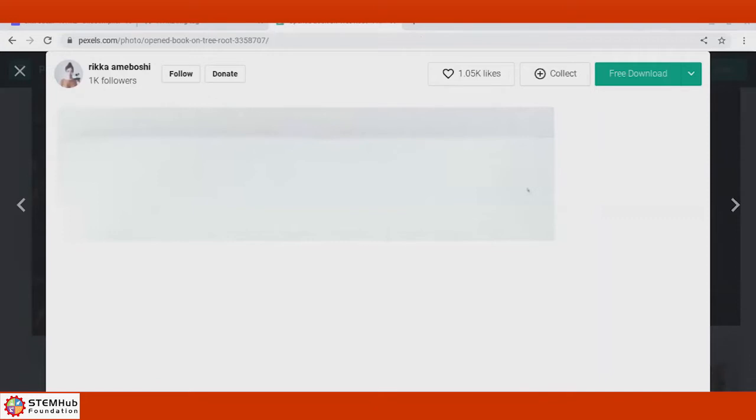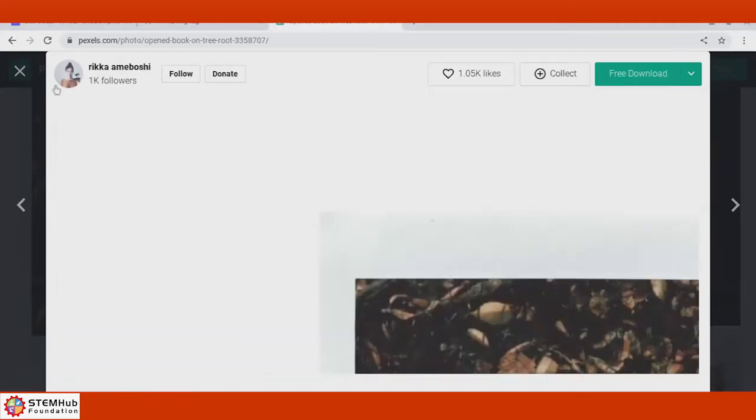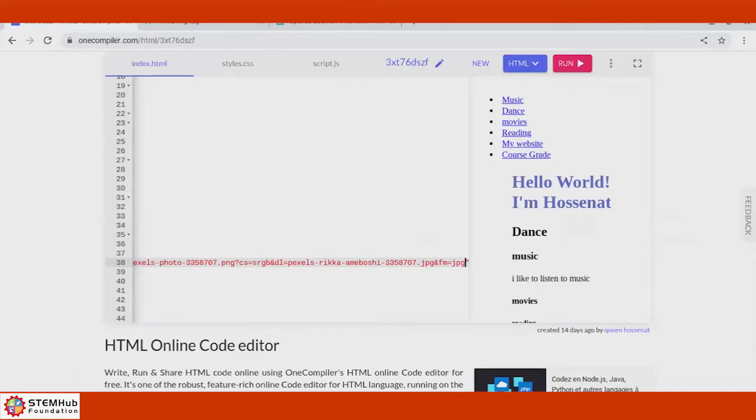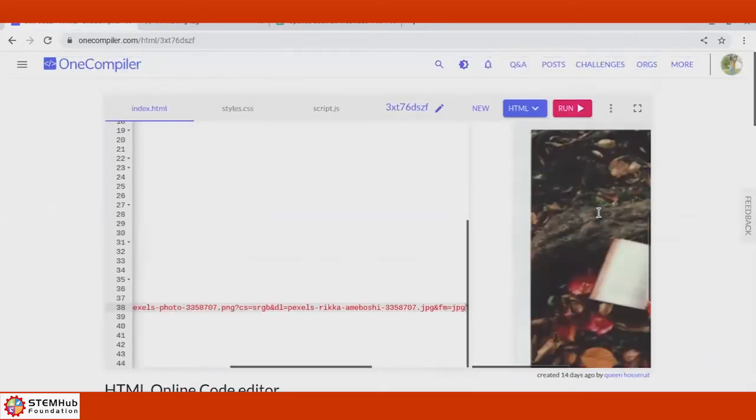Click on your code. I've copied the images in the chat. The link is in your chat. So copy that link in the chat and then click on One Compiler. Did your screen freeze? I think. All right, so go back to One Compiler and then go in between those double quotes. Put your cursor in between the double quotes, which is SRC equals. Put the cursor in between. Paste. All right, great. Now rerun this. Run. Scroll down. There you go.